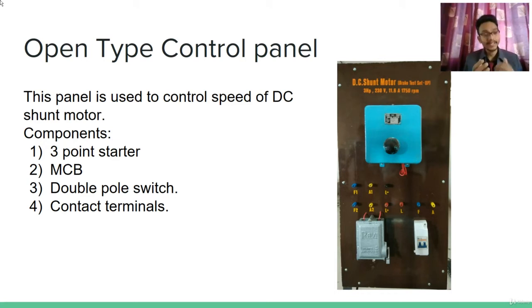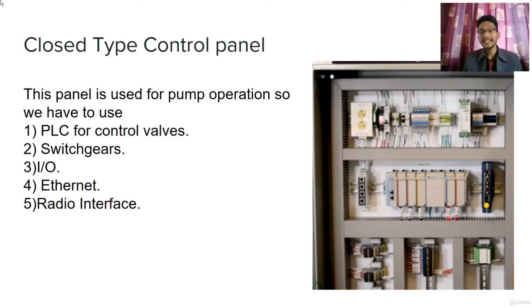And the second type of control panel is nothing but a closed loop type of control panel. This type of panel is used most of the time in every industry and every institution, and most PLC, SCADA, and other advanced technologies use this kind of control panel. The name itself suggests, and you can see in the picture, that this type of panel is designed and fabricated in a special type of control box or panel box. We are also going to discuss how to design the panel box and what rules and regulations are associated with it.